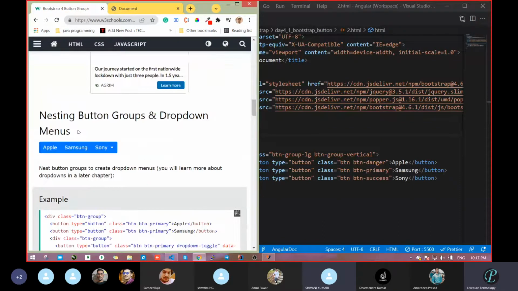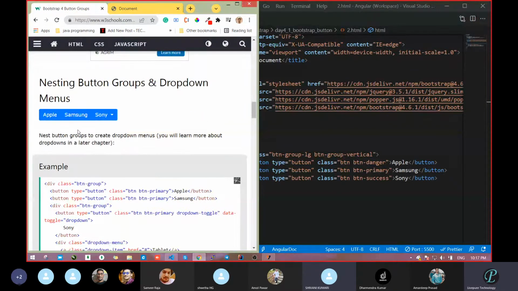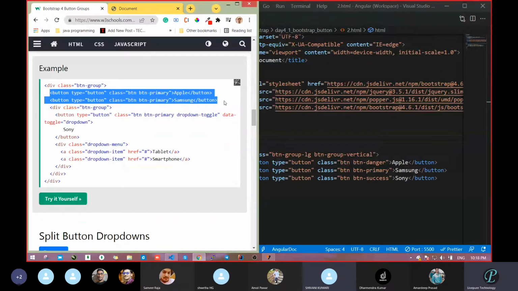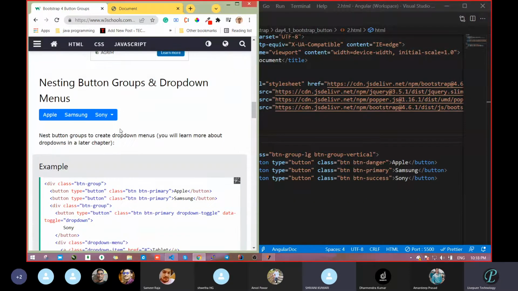Okay. Next, if you want a dropdown with a button, you can go with this. See, the dropdown is available there. So how did this come? Now see, we took btn-group. Clear? Then we took one button and then two buttons. After these two buttons, we started one more group, because this dropdown looks like vertical type of grouping again.